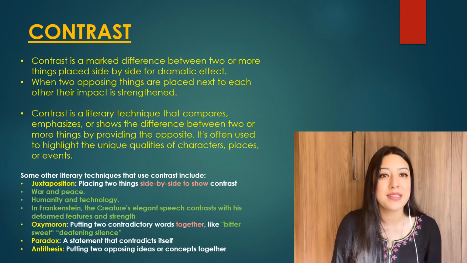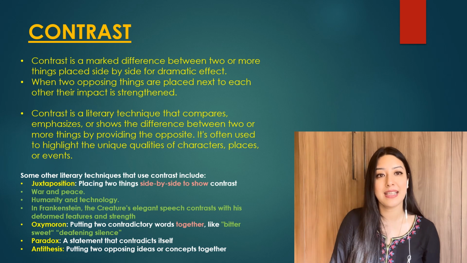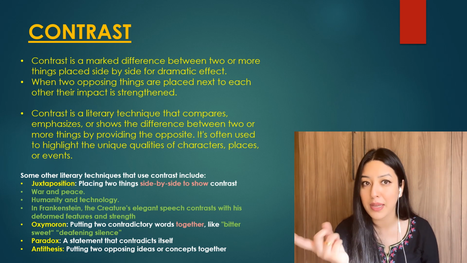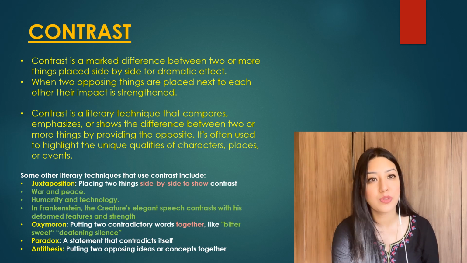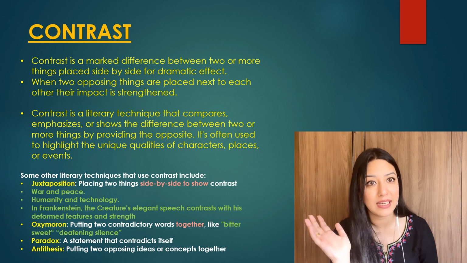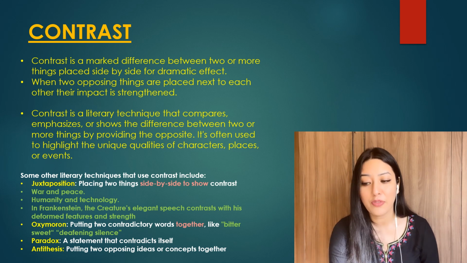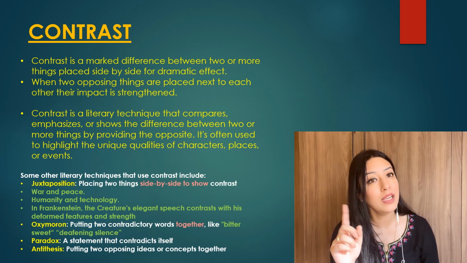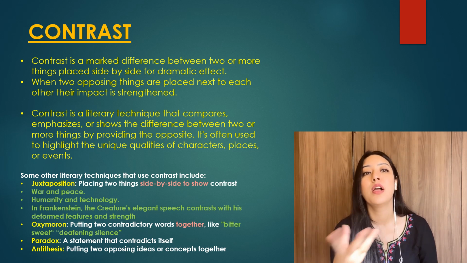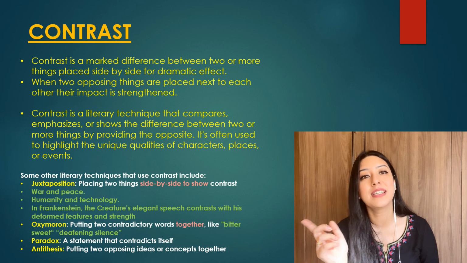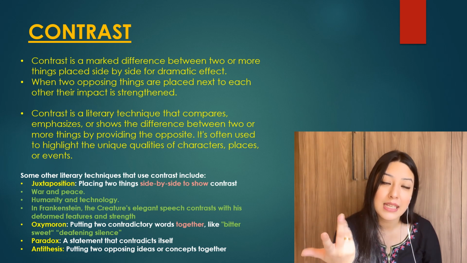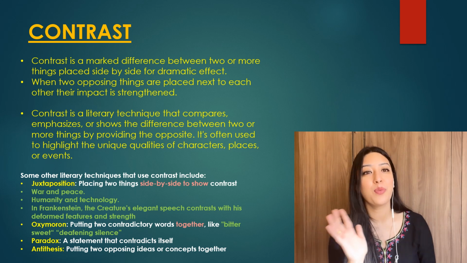Then you have paradox. Paradox is a statement that contradicts itself. I'm not going to talk about paradox here. If you have not checked out my Aristotle video, make sure you check it out. I've given one whole video on the idea of paradox itself. For paradox, I'll just remind you: all I know is that I know nothing. Remember Aristotle's statement that I mentioned? This is an example of a paradox. It is a contradictory statement. Whatever you're saying in this statement contradicts itself. So make sure you watch the other video.